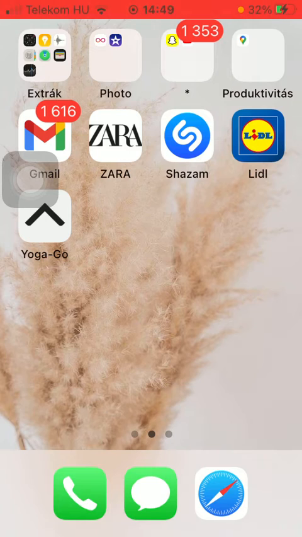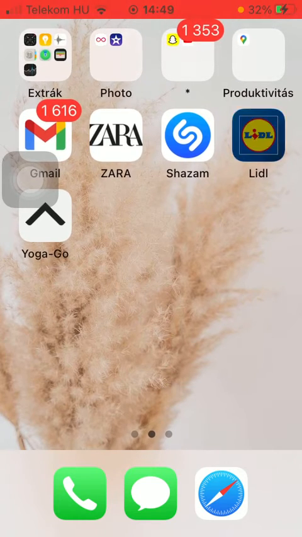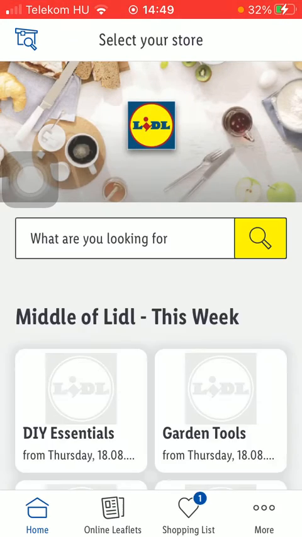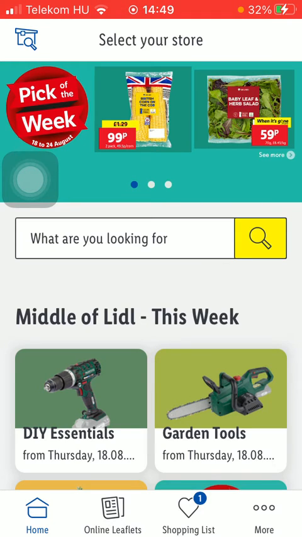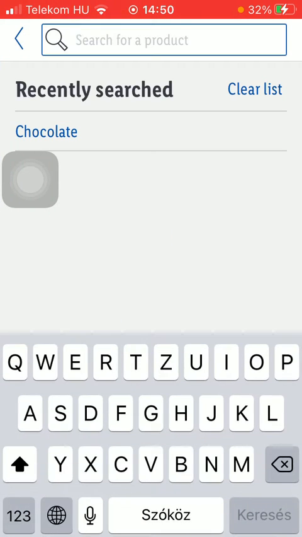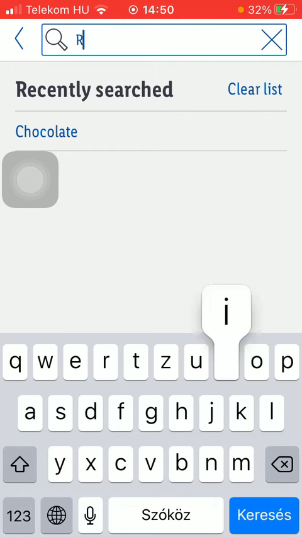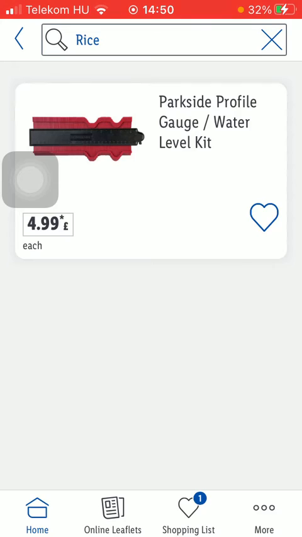So let's jump into it. First of all, open the application on your phone. Then you should type in an item that you are looking for and you would like to add to your grocery list. So just simply tap on this search bar that you can see in the middle of the screen and type in the kind of product that you are looking for. Tap the button search, and